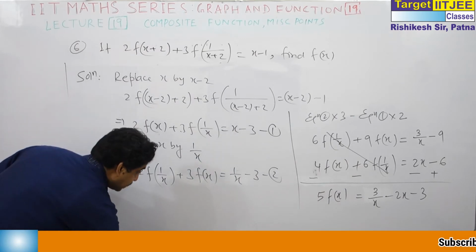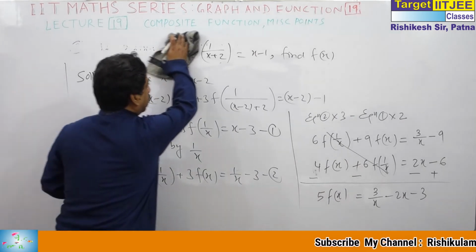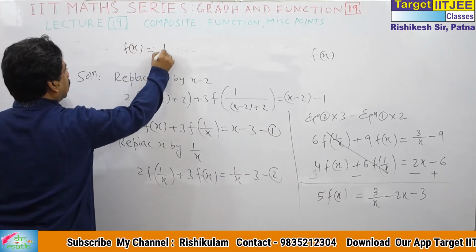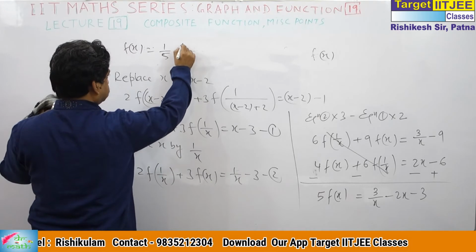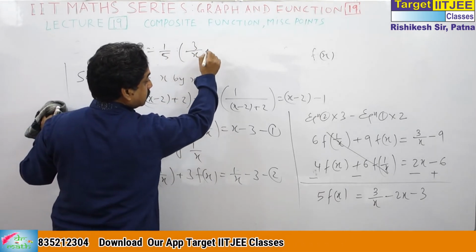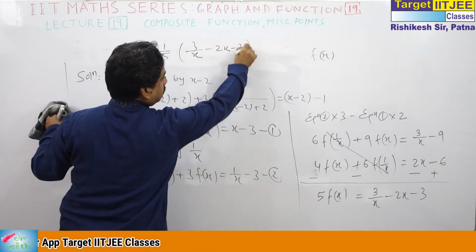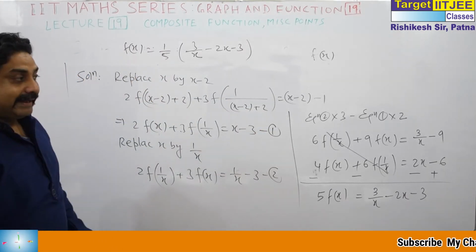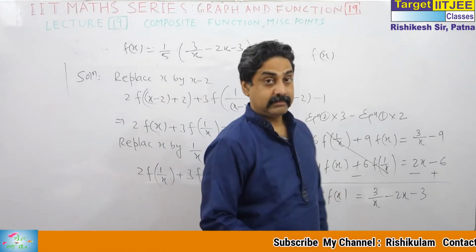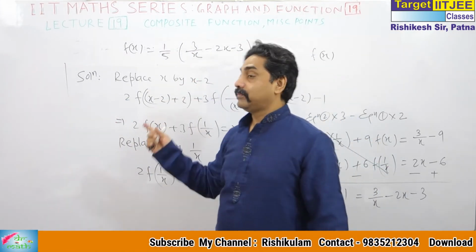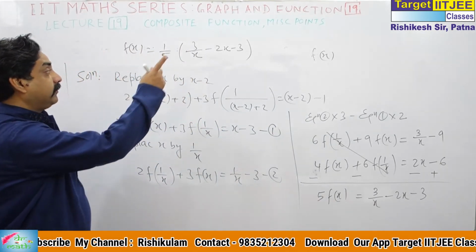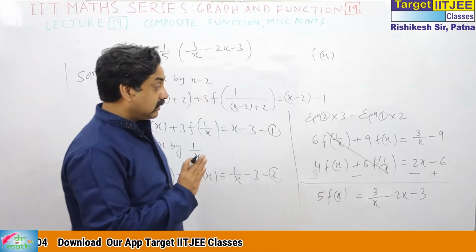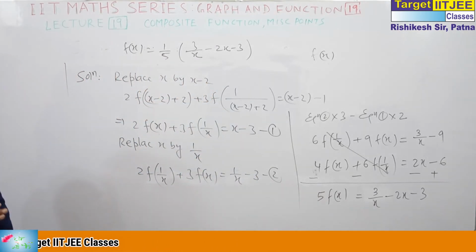So what is fx? Let me write what is fx. You can say 1 by 5, 3yx minus 2x minus 3. Multiply this by 3, multiply this by 2, do the subtraction. And I have already asked this question in the past, in the form of integration. Now we have to integrate this; continuity and differentiability can be used in area first. This is the way to find fx. So this is question number 7.